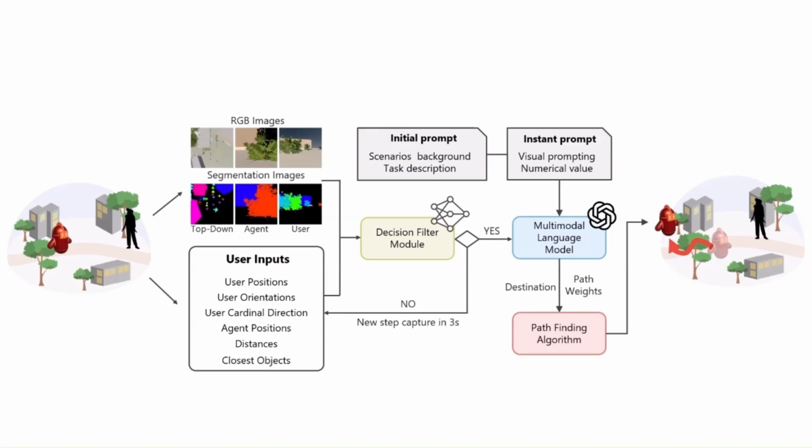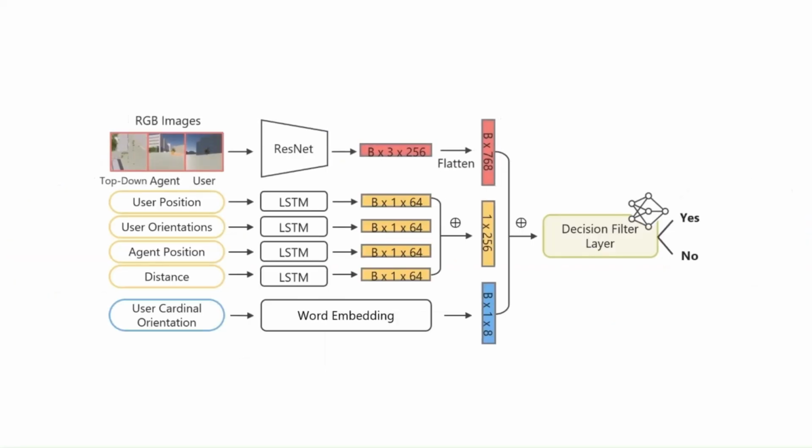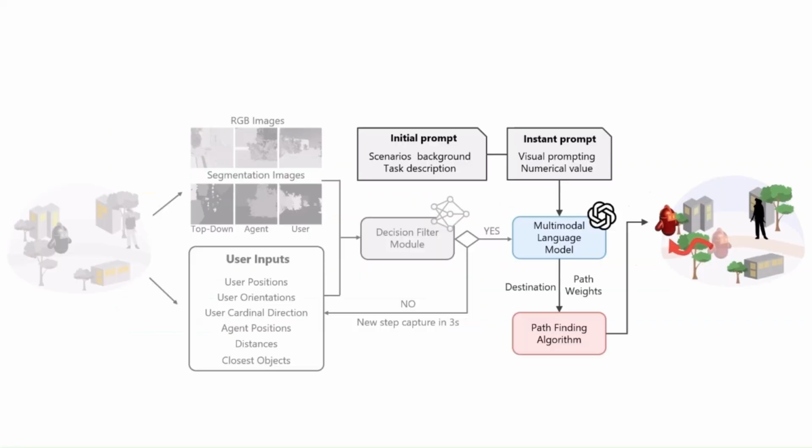role-aware navigational decisions. We pass multimodal inputs to the decision filter to decide whether to update the agent's destination. Combining ResNet features, LSTM encoded user motion, and cardinal embeddings, the lightweight decision filter reduces unnecessary computation and latency by filtering simulation steps. If the decision filter infers yes, the model then queries the MLLM to generate a high-level action